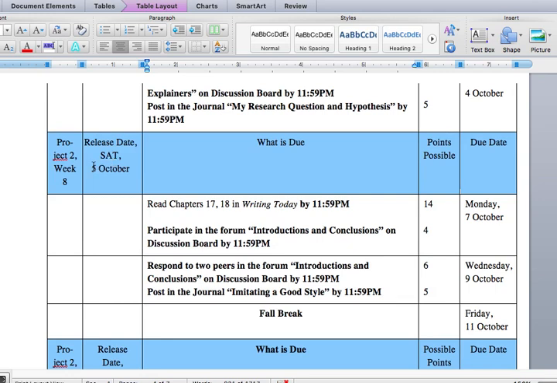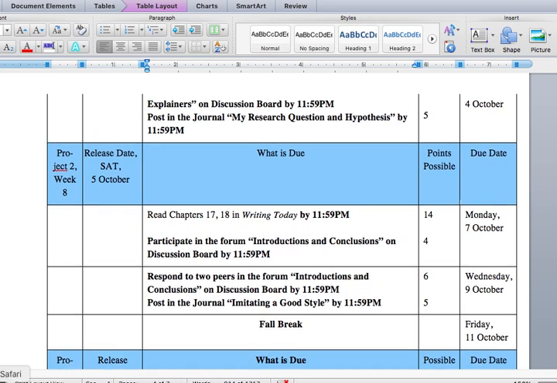And you see the release dates for each week. Each time that will be Saturday. So it means that you can do everything except for responding to your peers. All the rest can be done on Sunday, or on Monday, or on Tuesday. These are just the deadlines, but it does not mean that you have to wait. For instance, post in the journal, no need to wait till Friday. You know what I mean. Okay, so let's go back to our